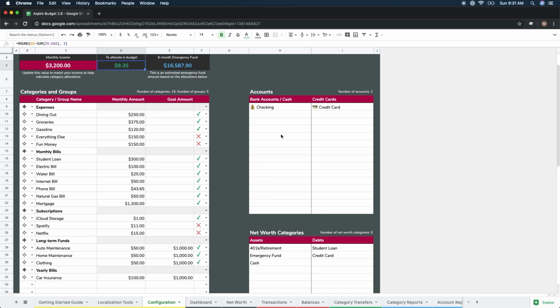Now I can move over to my accounts. So I've got two basic accounts that are in here already. I don't want to keep these as the current name just because they're not very descriptive, but they're there for examples. So I can modify them to actually be real accounts. So I'm going to say I have a Wells Fargo checking account, and then I have a Citi card,